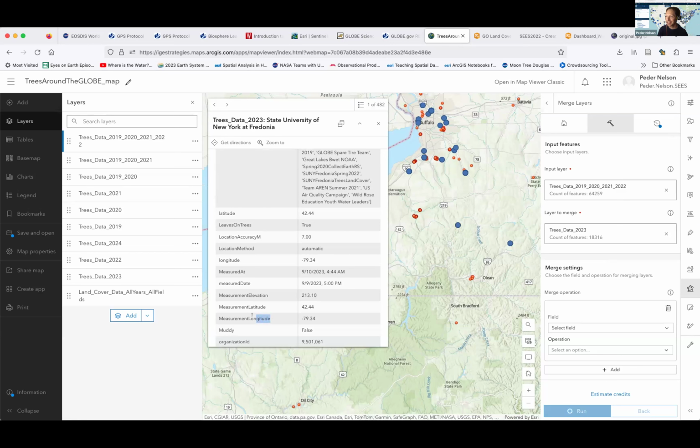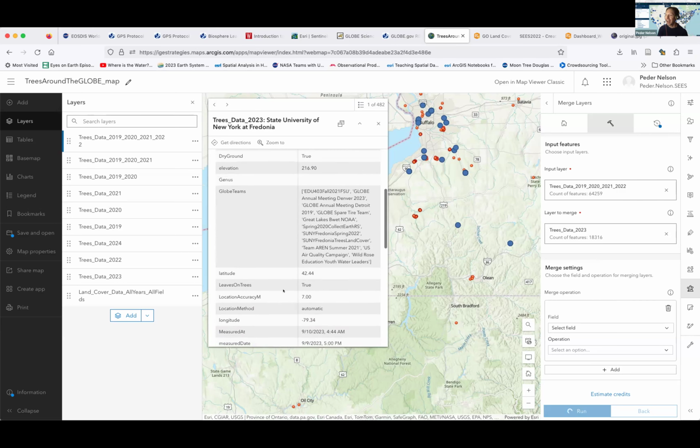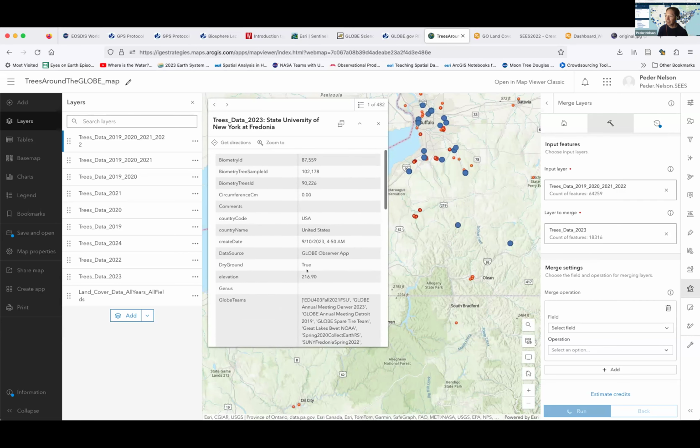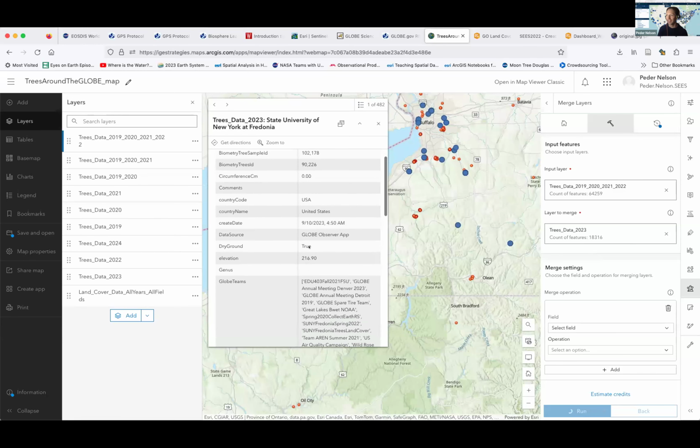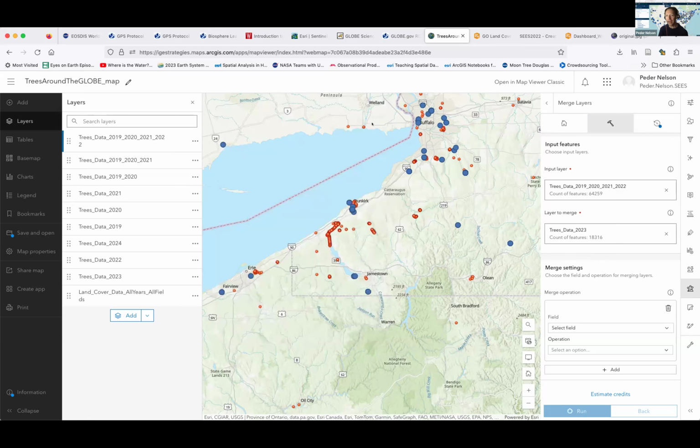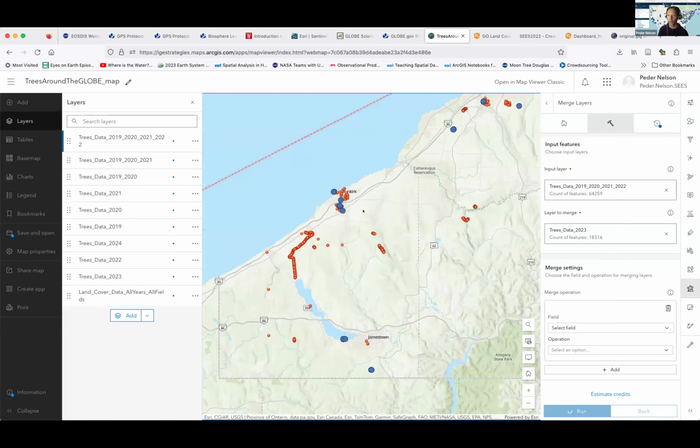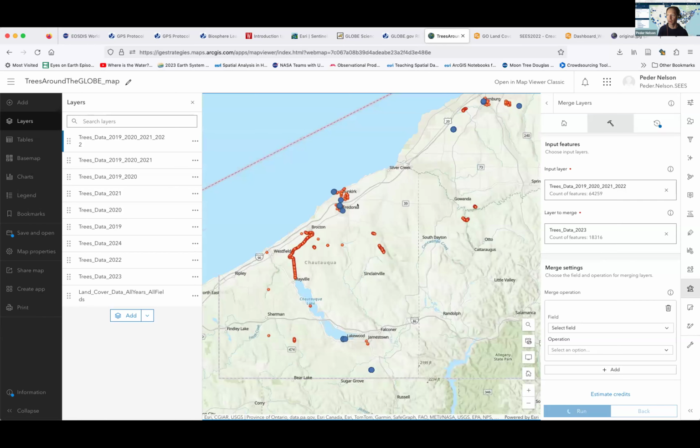Oh, it looks like there's this measurement latitude, measurement longitude inside of here. Well, maybe that's it, right? And if you keep going up, there's even another latitude and longitude in here. So locating yourself in the world and using the right coordinates is really crucial to being successful going forward.